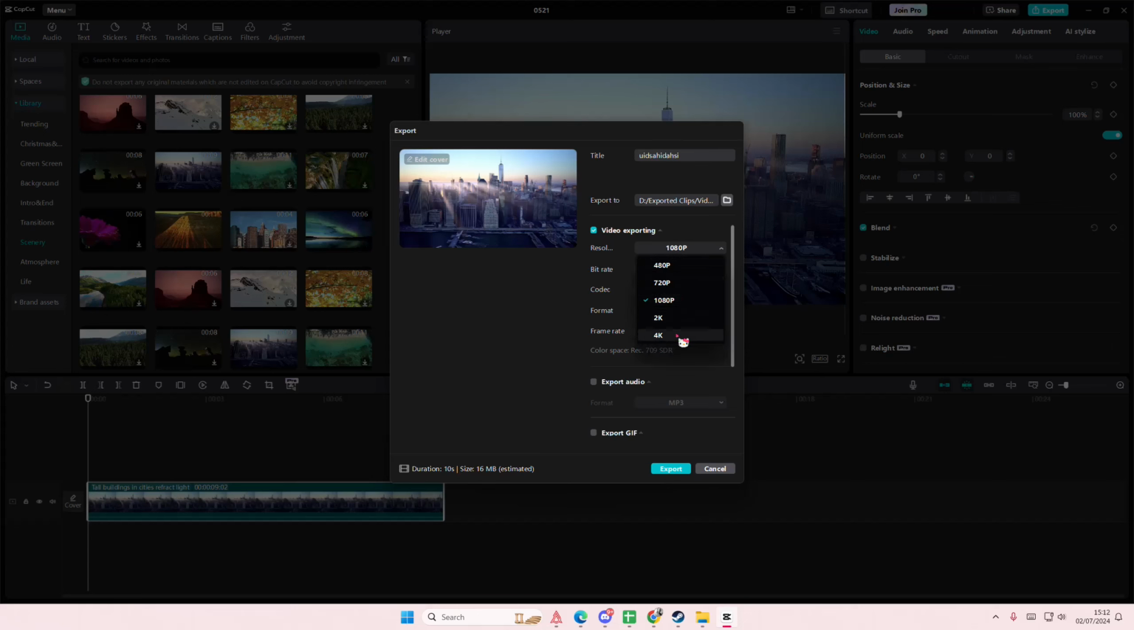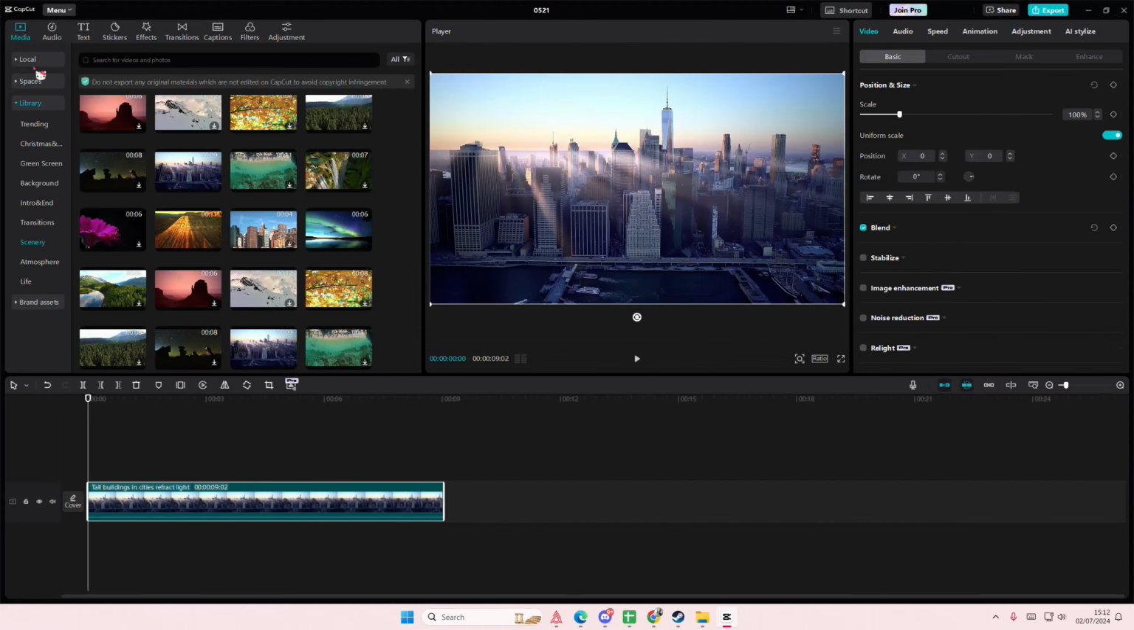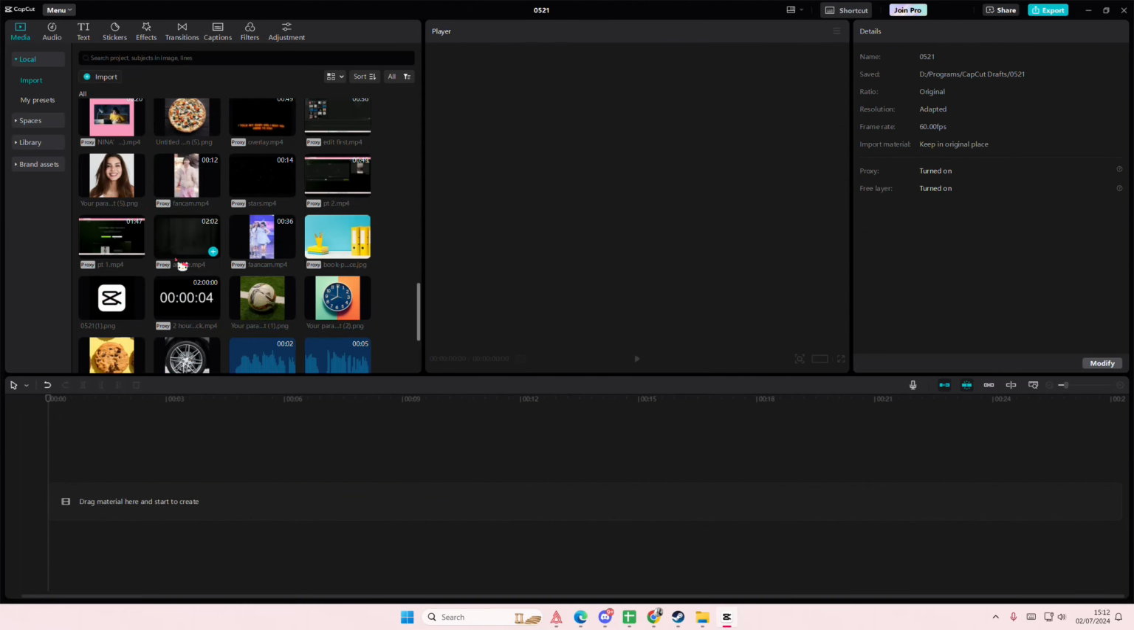Go to resolutions, and if you want it to be 4K, press the 4K one. Make sure your bitrate is higher as well. Then go to the frame rate section and make sure you selected the 60 frames per second, and you're going to select export. I can't do that on this video, but I can